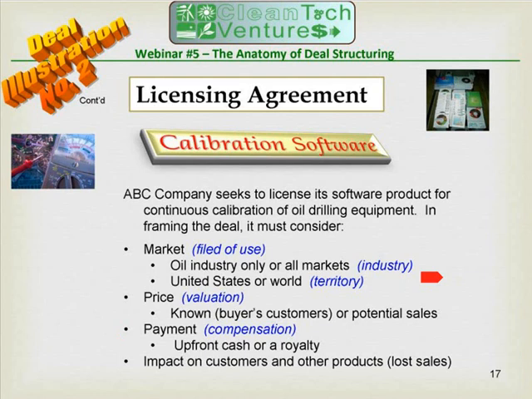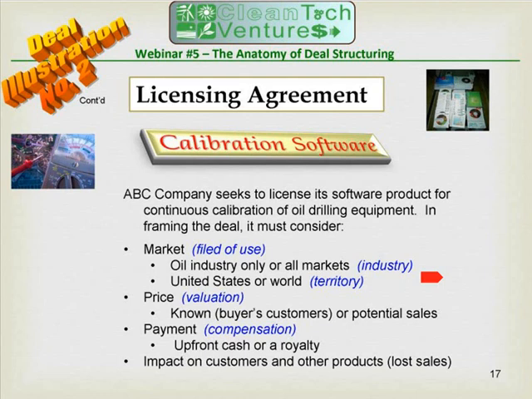If somebody is doing something in a related field like drilling for water, that would be excluded from this license, and it would be held back to license to maybe another company who's only in the water drilling industry. If it's going to be used in aerospace and anything, these are all excluded. So the grant of rights within the framework of the license agreement is going to be very specific upon what industries are going to be impacted.